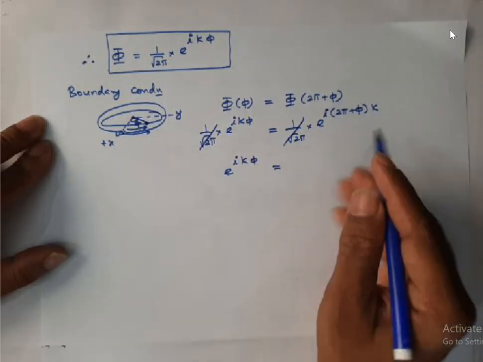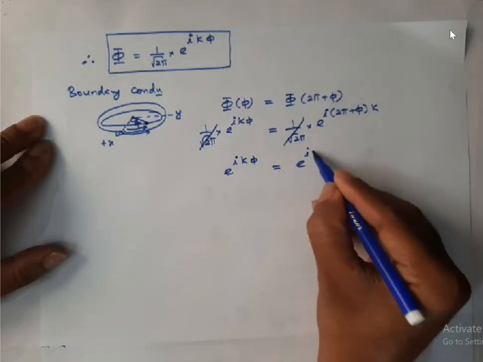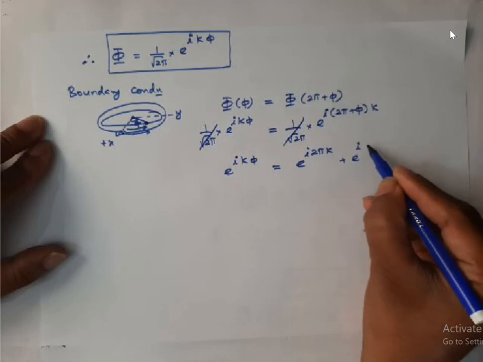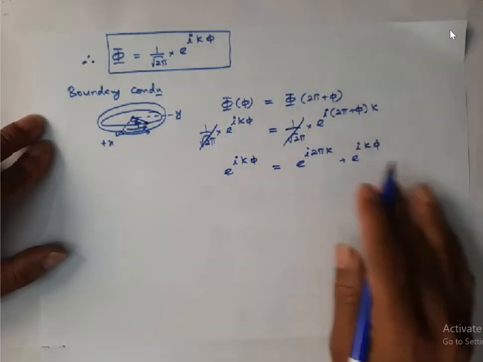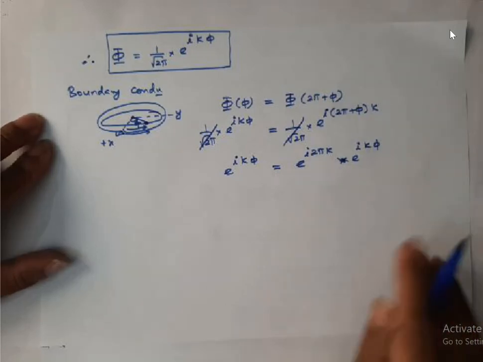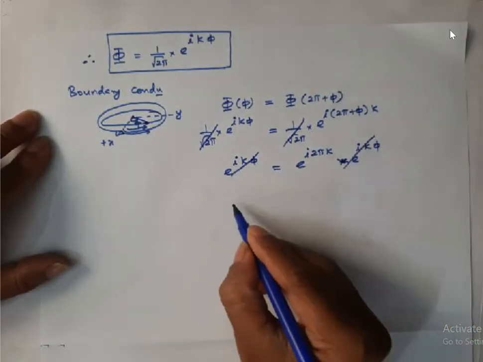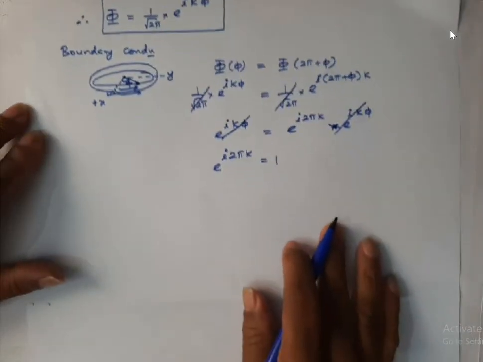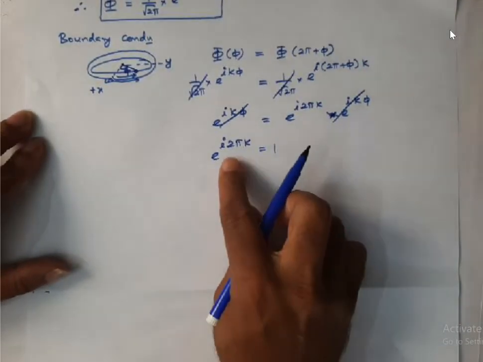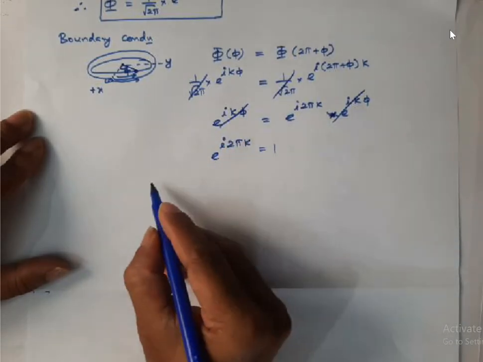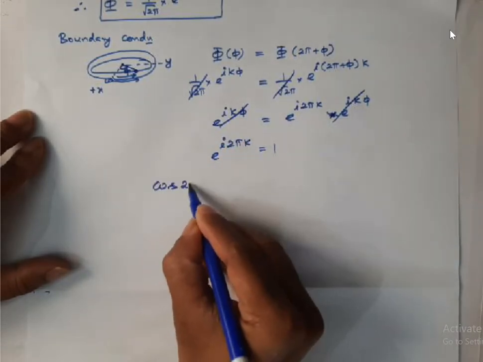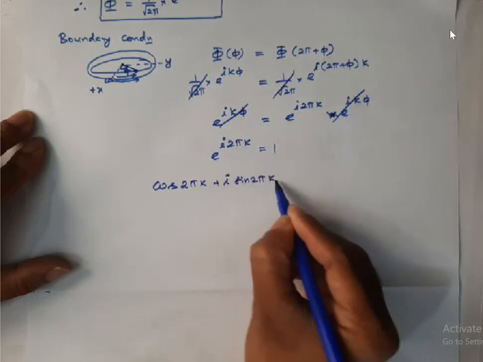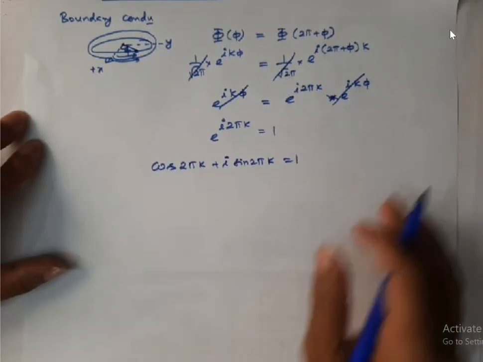equal to, you can separate this into two parts, e power i 2 pi k multiplied by e power i k phi. This cancels, so e power i 2 pi k should be equal to 1. Okay, listen, by applying Euler's theorem you can write this as cos 2 pi k plus i sin 2 pi k should be equal to 1. Okay, this is valid